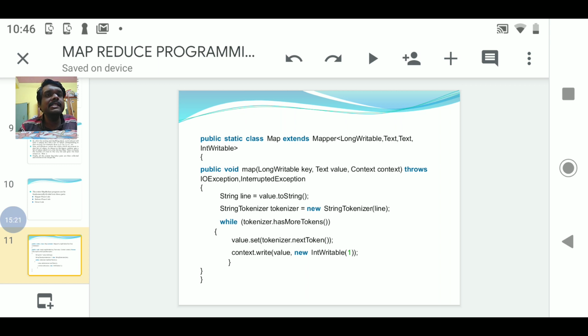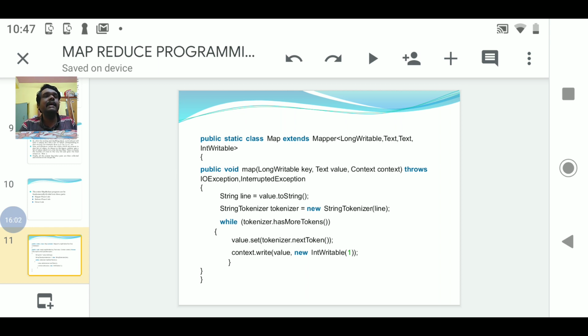So we need to understand that inside the map class you have a map function. What is written after public static class map is a user defined class, but public void map is a built-in function. This function is present in the Mapper class. Now what does the map function have to do? It has to generate a key and a value, and this will be stored in a file.